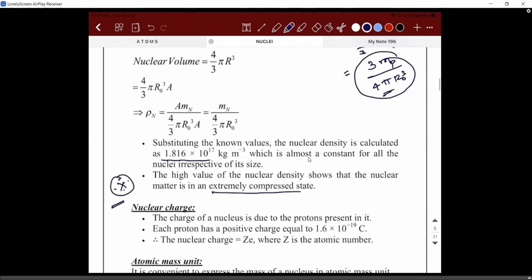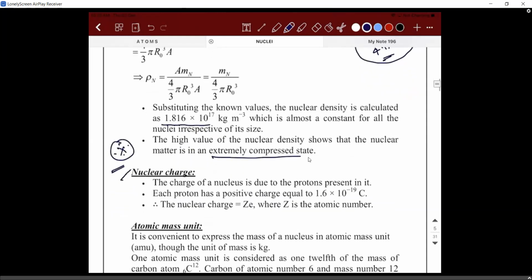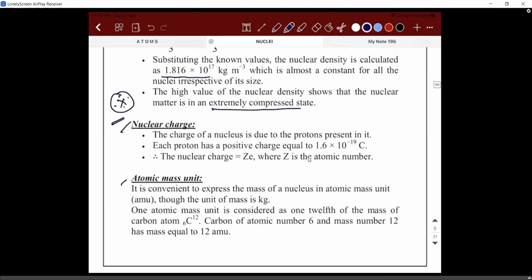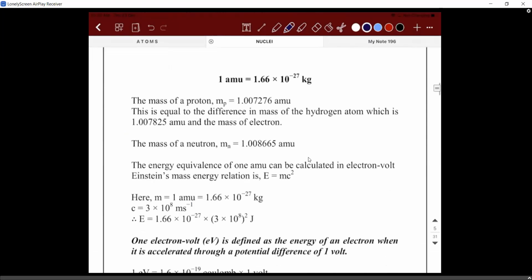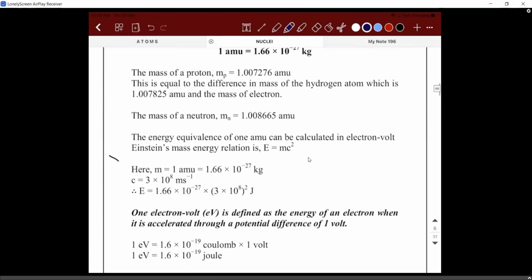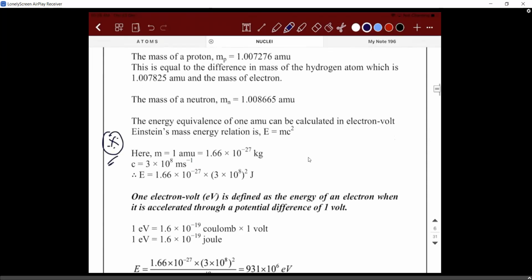So I'll just give you an outline. Nuclear charge is about the charge of the nucleus. Atomic mass unit, you would have heard about it, AMU: 1/12 of a carbon atom. This is the most important concept I need to explain. But let's see whatever we can do from the third at that point at least. Till then, you go through these notes. I'll continue on the third.